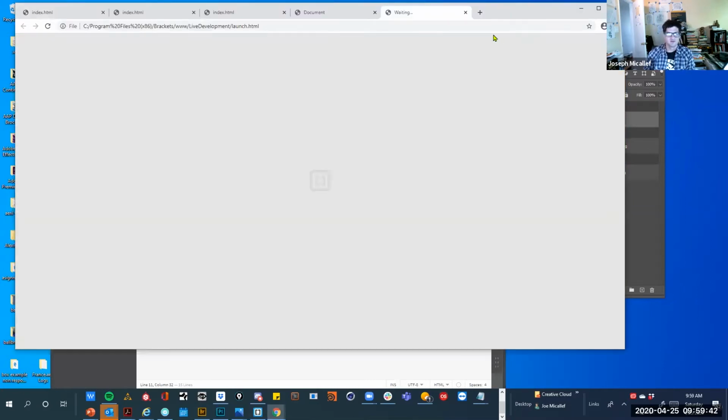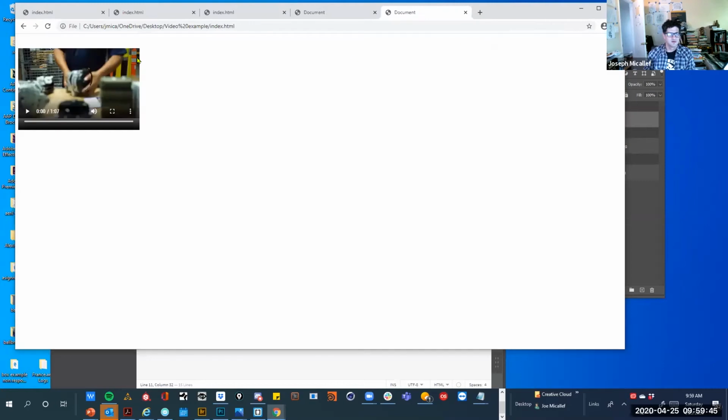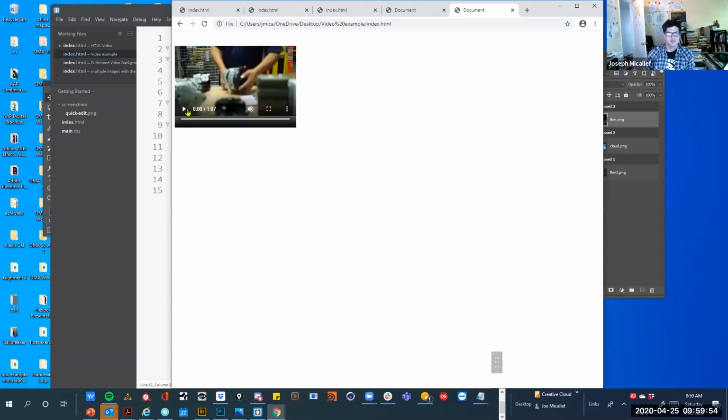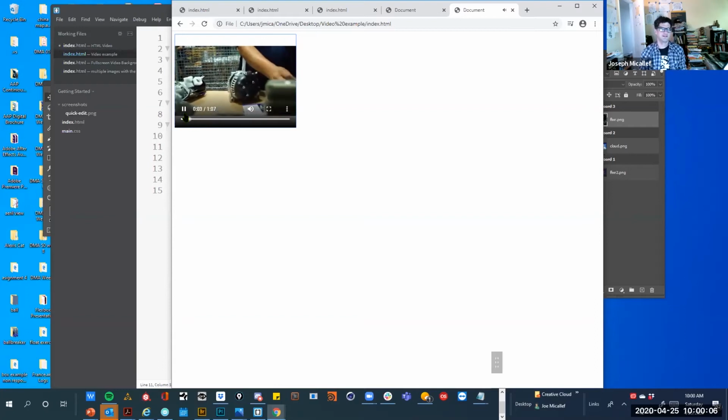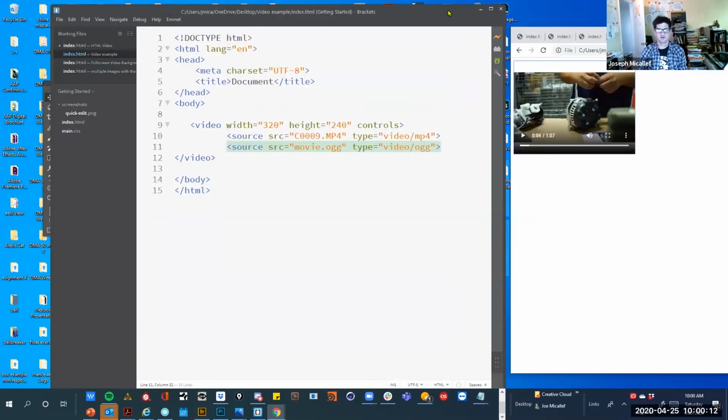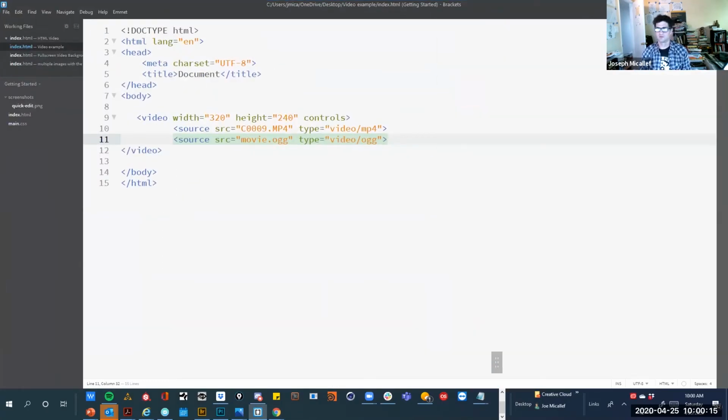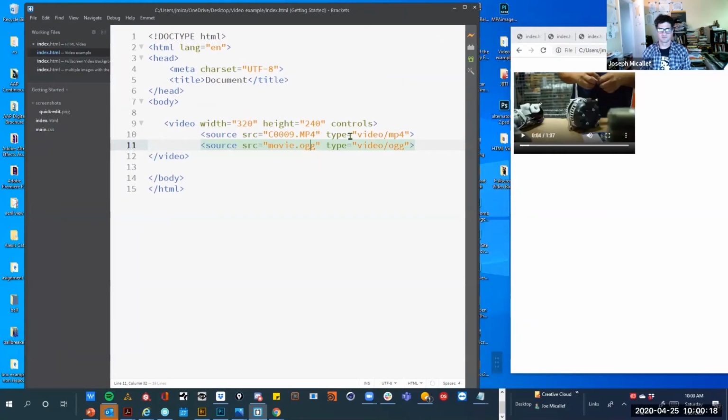So let me just show you what it is. So this is it right here. So 320 by 240 is the size, and you have your playhead, and that's really loud. So I'm just going to. And that's it. So it's using controls, but we can play with these attributes. So if I say controls, but I say autoplay,